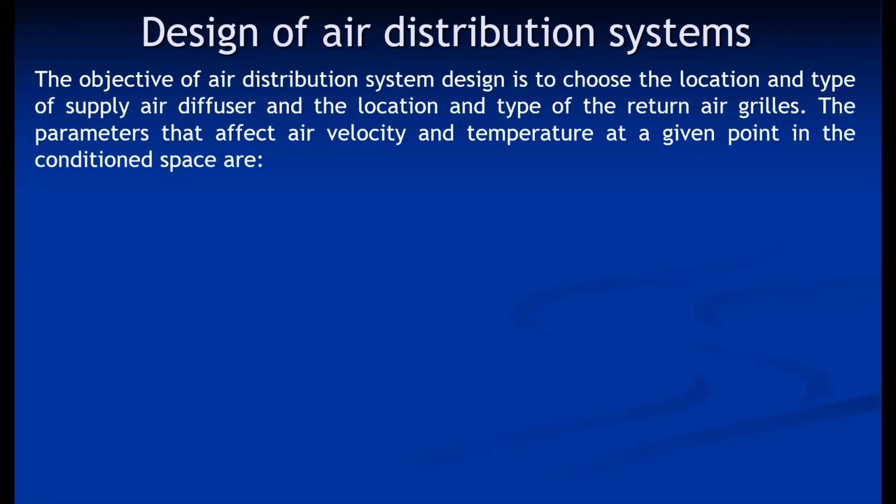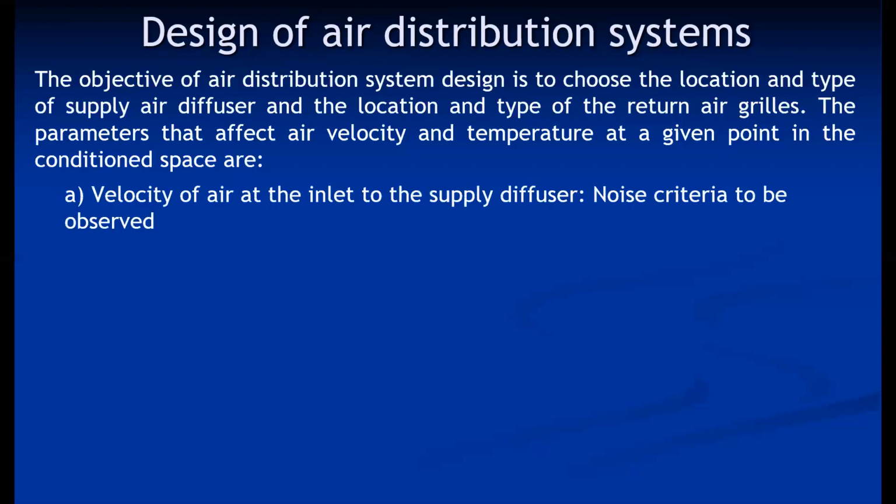So the parameters, generally air temperature and air velocity, are the two stringent parameters in the air distribution system, because it is mandatory to have only 1 degree Celsius allowable variation in the conditioned space. And the velocity also: there should be proper mixing of the airstream, so that the velocity after entrainment is close to 0.36 and should lie between 0.15 and 0.36 meter per second. So for that, there are some parameters which affect it.